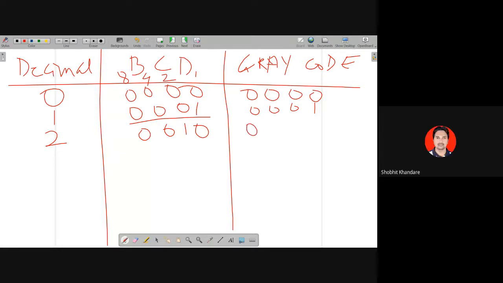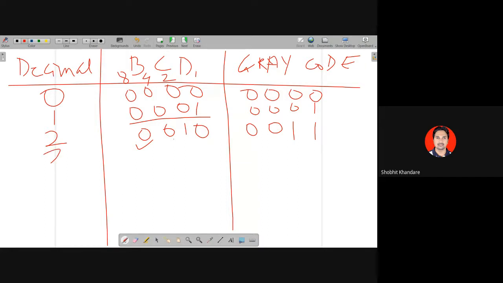0. We will go step by step. Then directly we can go for the remaining answers. So it is 0. So 0 is written as it is. Then do the XORing between the MSB and the adjacent bit. So 0 XOR 0 is 0 again. 0 XOR 1 is 1. 1 XOR 0 is 1. So can I say this is the right answer? 0011? Yes, sir. Yes, it is 0011.